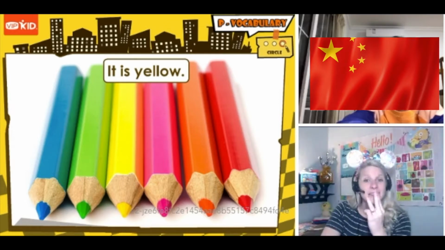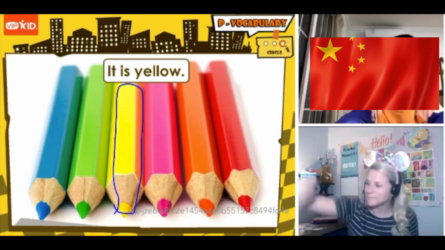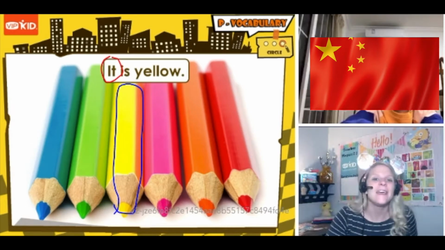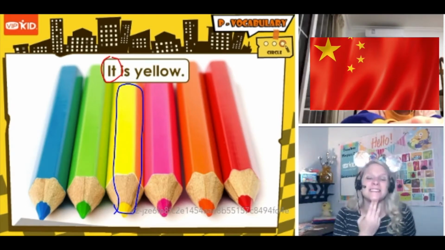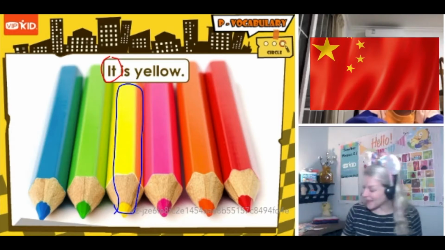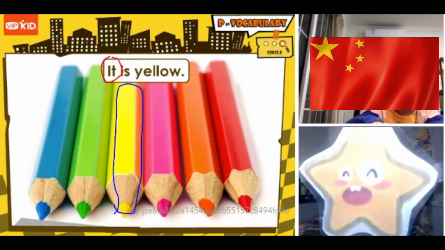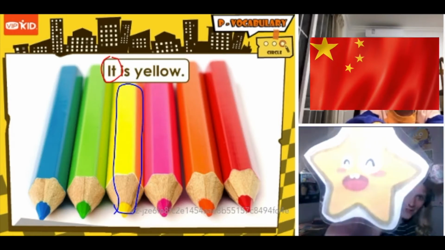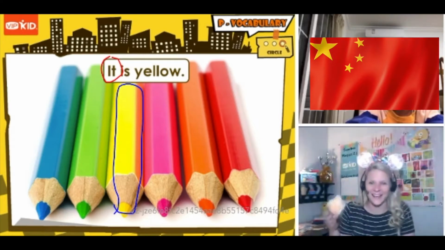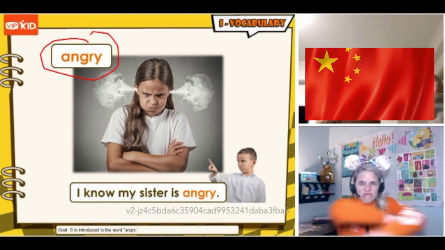It is yellow. This is yellow. Good. It is yellow. It is yellow. Yeah. It is yellow. It is yellow. Good job. Uh-oh. Oh